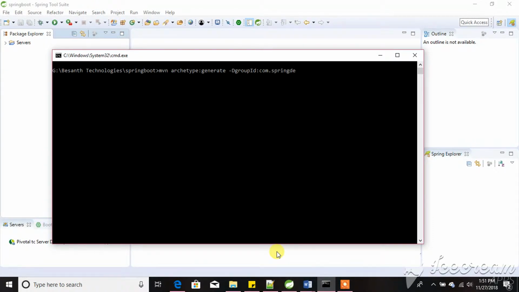com.spring.demo -DartifactId. Artifact ID could be your project name, springdemo, and -Dversion 1.0 and -D